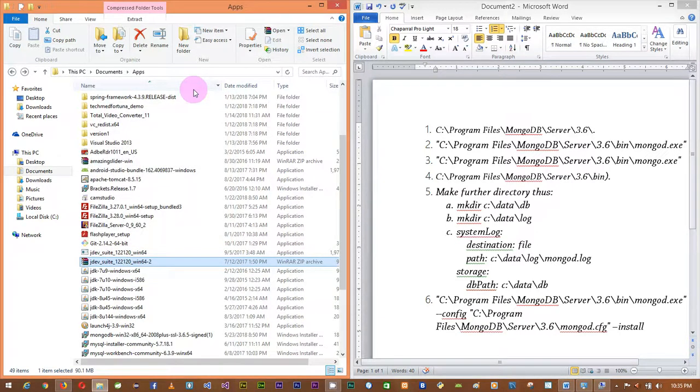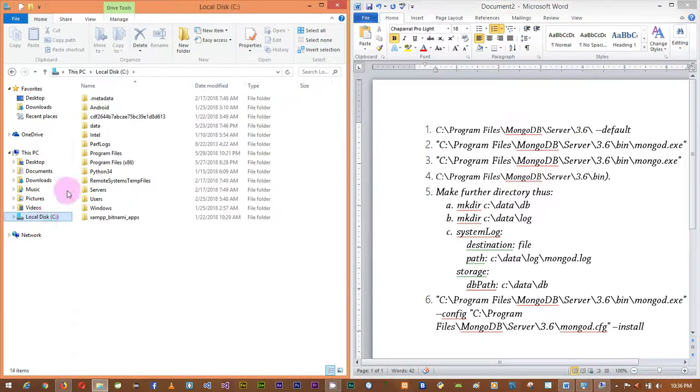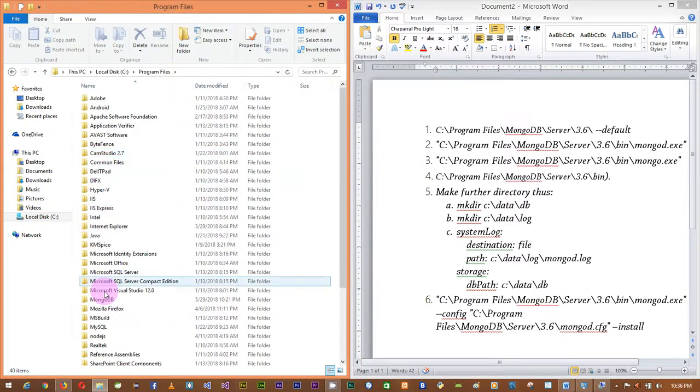So I do hope you took note of your installation path. Well, that's okay. If you did not edit it or change it during installation, that means by default you installed to this very path. This very path over here is actually by default. So that means if you go with me from here to program files, you will be able to see